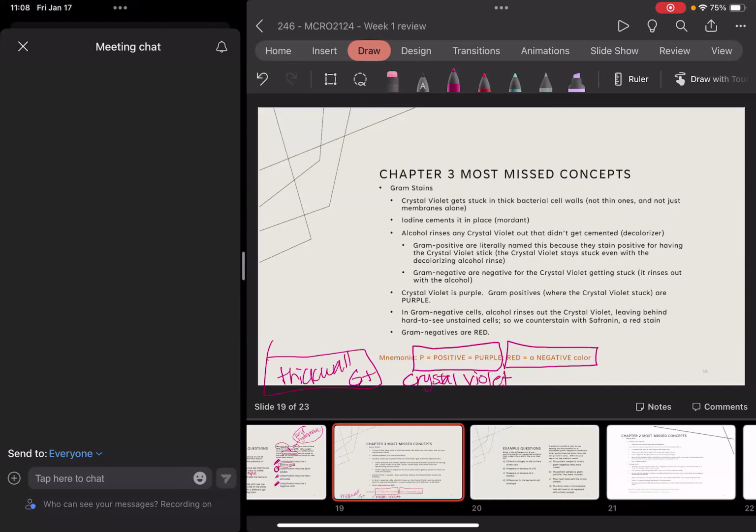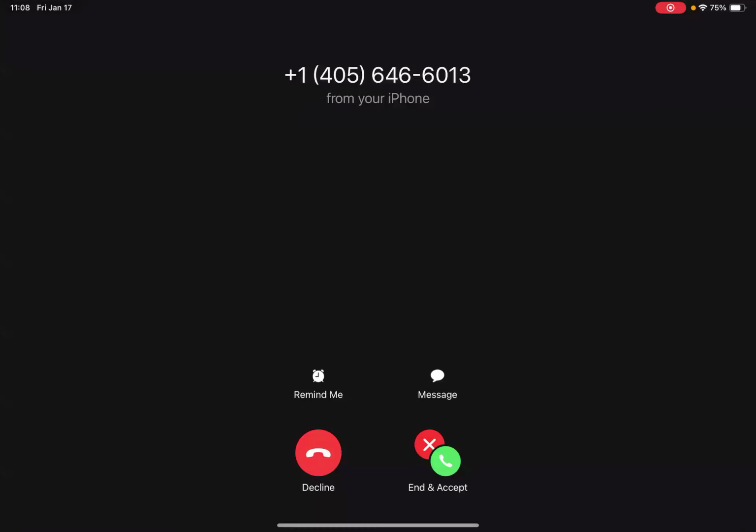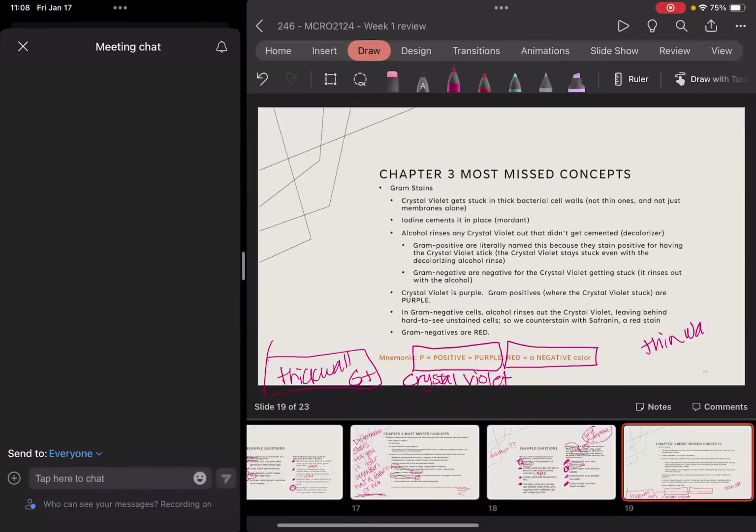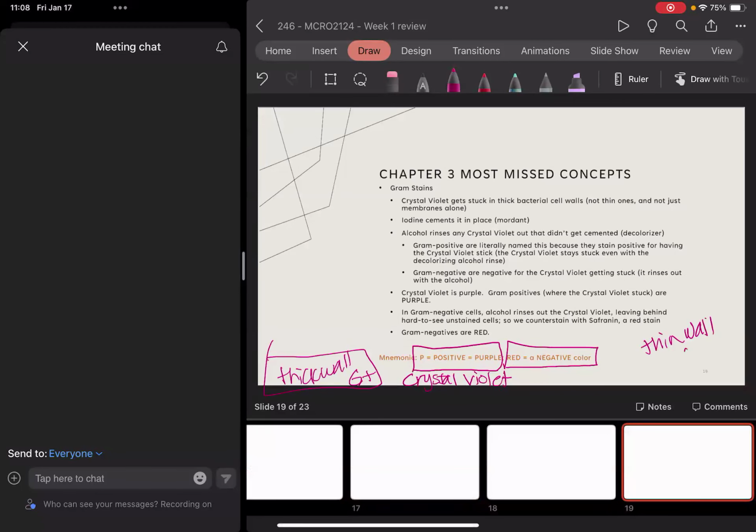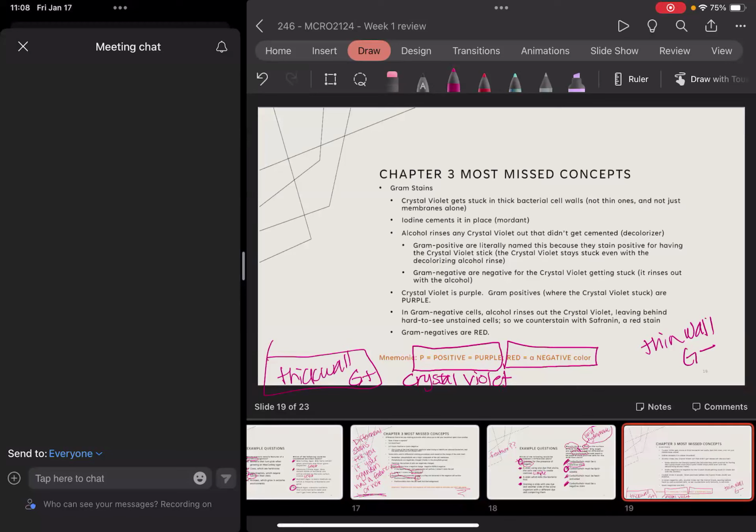So our thick wall gram-positive versus our thin wall, sorry, gram-negative. That crystal violet sticks in here. We'll talk about this in chapter 4, but it used to be that I talked about it in chapter 3, so that's why this is popping up. I forgot that I don't talk about it in chapter 3 anymore. But anyways, to preface you guys for it, so you'll understand about it when we get a little better,